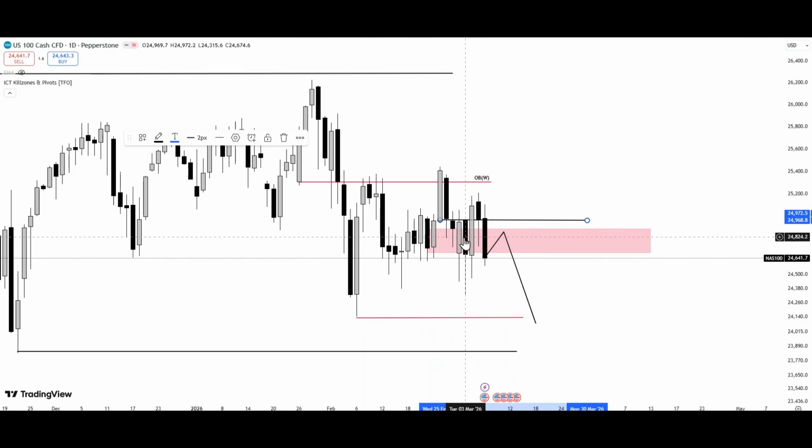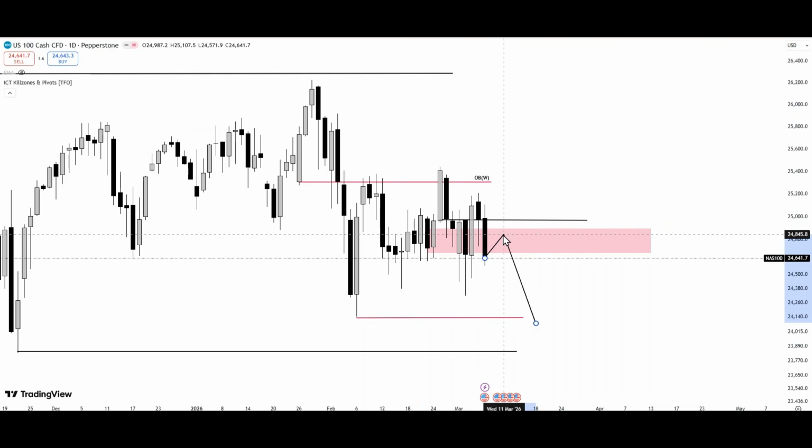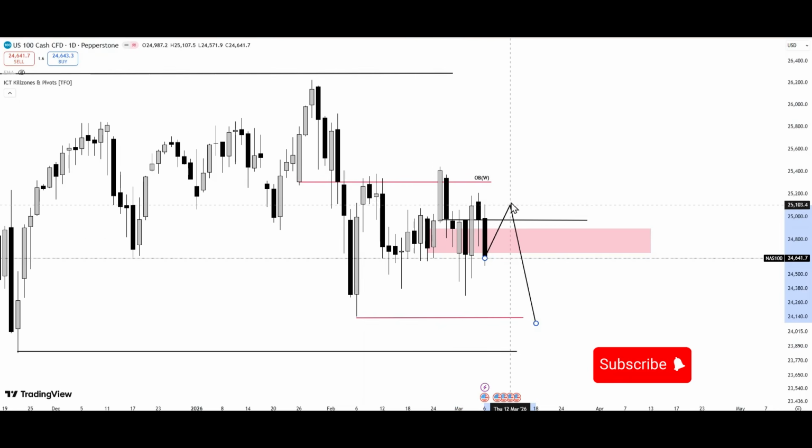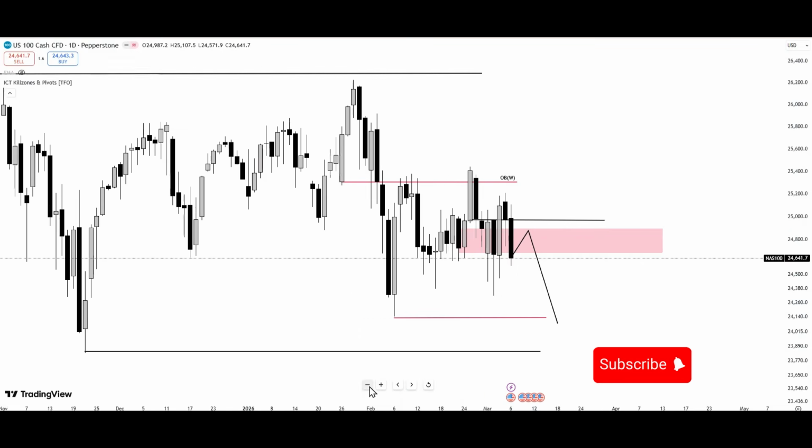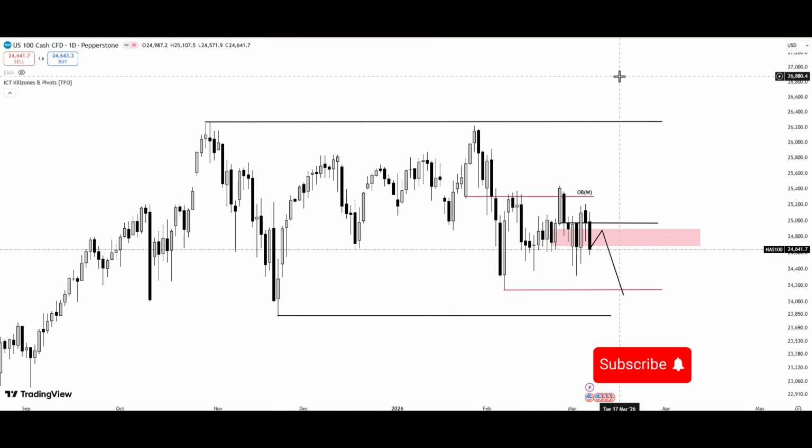And of course, last week it was more of consolidation. There's a lot of consolidation, but this is what I see. Price can still tag this order block one more time before we see that bearish momentum, but that is what I see as high probability for a bearish NAS 100. That is all I prepared for this weekly outlook video.